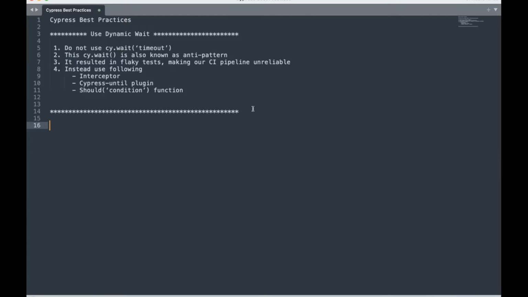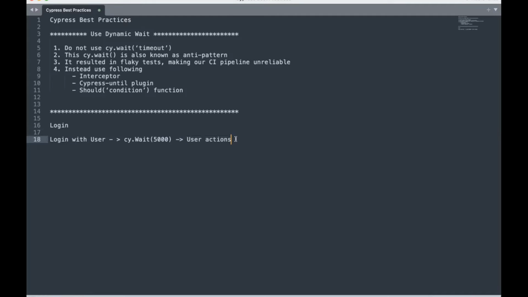in test automation, right? So suppose you have this login scenario where you are trying to log in with some user. Okay, and after logging into the application you are using this cy.wait, let's suppose you are assuming your application will take a maximum of 5 seconds, and after 5 seconds your login into the application will be completed, right? And after that you can perform the action specific to that user role. Okay, suppose this is the test you have automated in your test suite with the help of this Cypress tool,